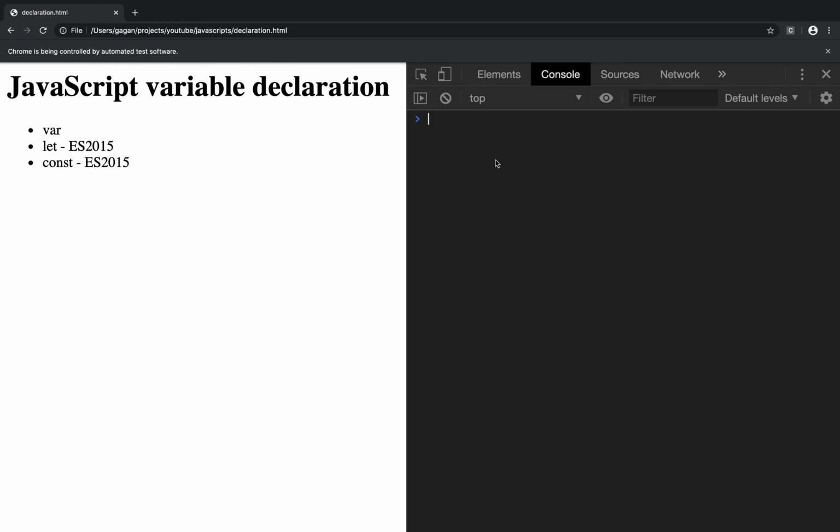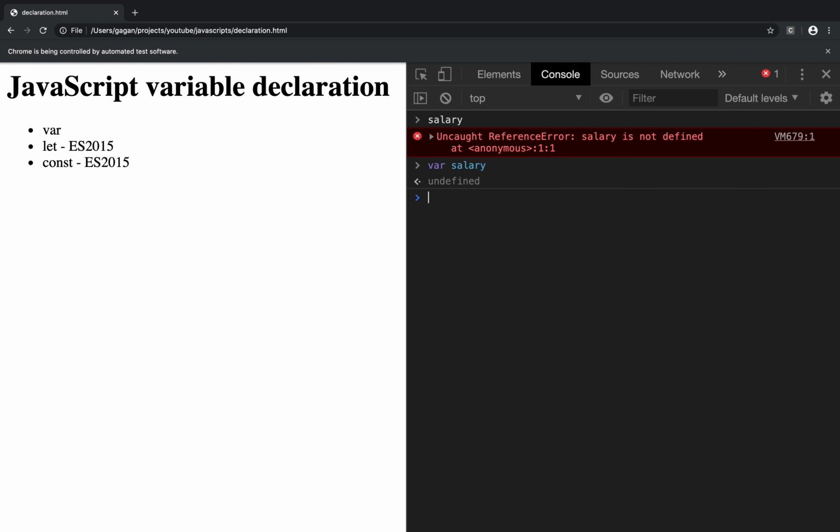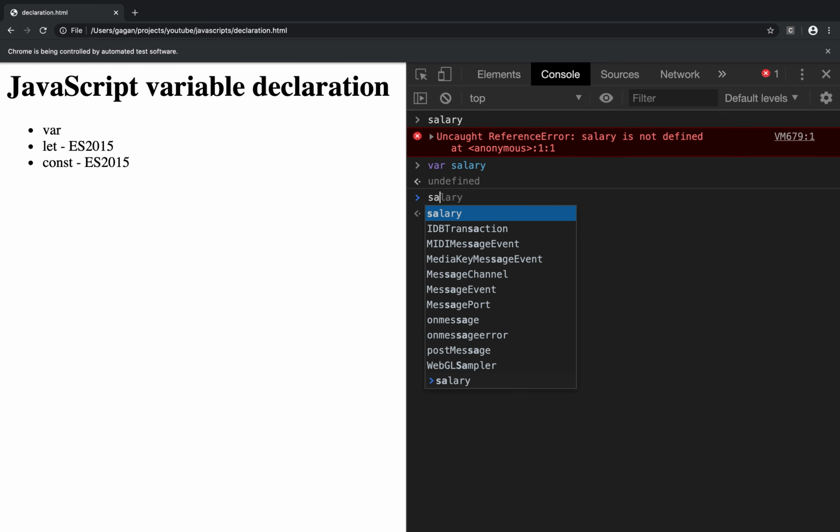What happens when you try and find something which you have not declared? Let's go and try and find salary. What does it say? It says it's not defined. That is because we haven't defined any variable called salary. We'll go ahead and declare the variable. So here we go. Now that the variable is declared, you can call the variable anytime,